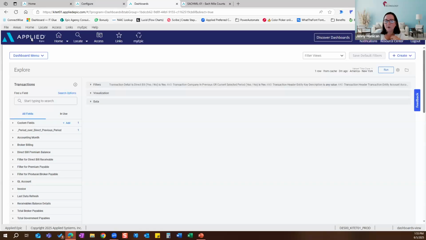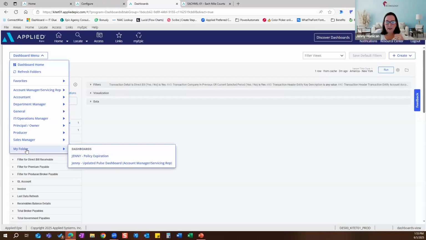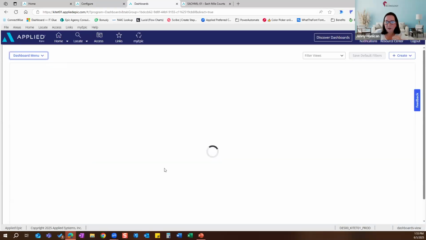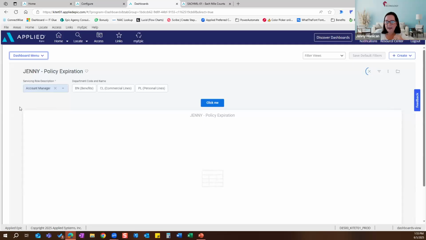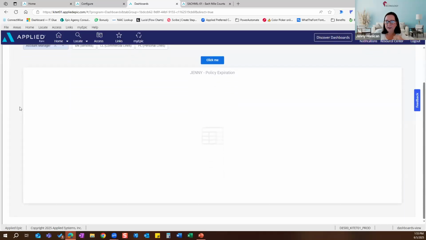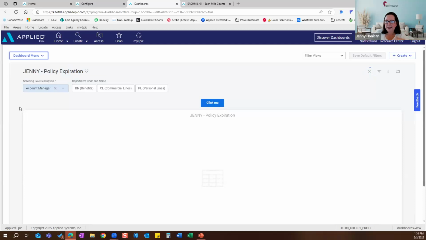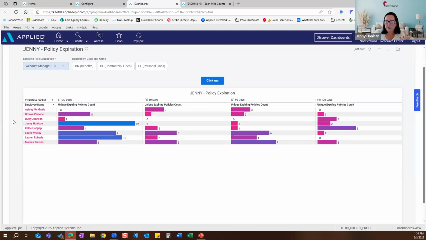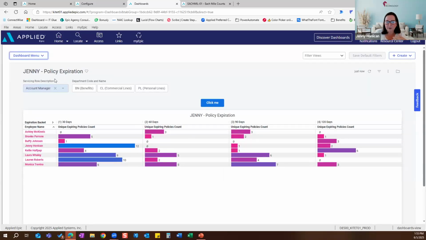I'm going to take you over to one of the dashboards that I've done here. So here's one that I created just because it's the same information, but I just wanted to make it look different. So now here's our policy expiration, but I've put these fancy colors in here. If it's from this range, make it purple. If it's this range, make it blue, that kind of thing. Here's all of our